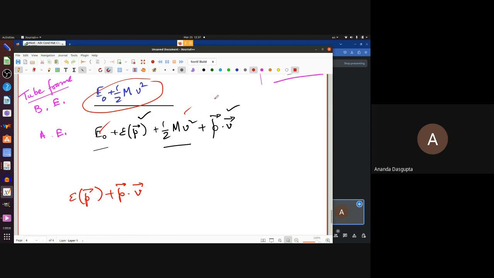Now, this is where the physical insight by Landau becomes very important. He said that in the tube frame, the energy of the moving fluid cannot increase because of the perturbation. If there is going to be an excitation, that excitation has to cause an overall decrease in energy in the tube frame. In the fluid frame, of course, there was no quasi-particle before. Now you have created a quasi-particle with an energy. The energy has gone up. That will happen, definitely in the fluid frame. But in the frame of the tube,